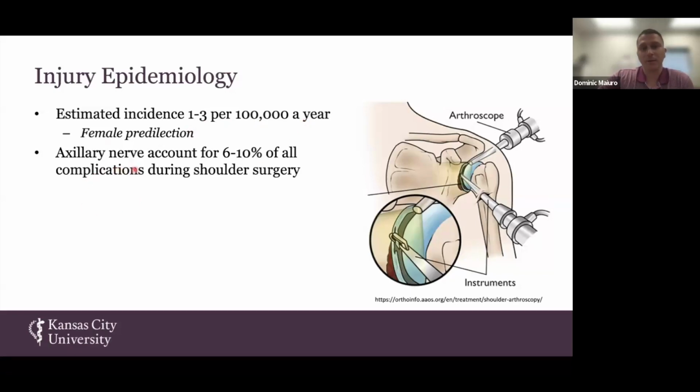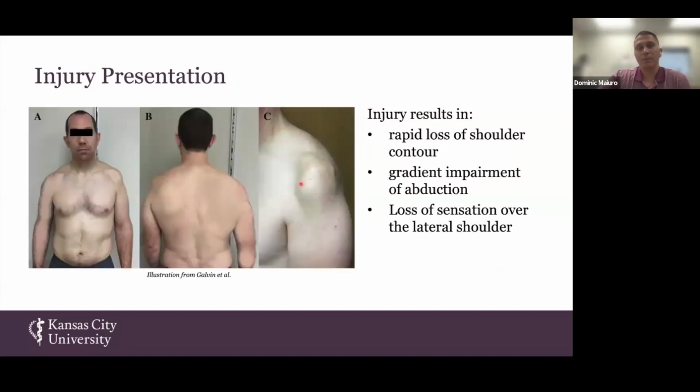Okay, and the axillary nerve accounts for 6 to 10% of all complications during a shoulder surgery, such as this one, or like an open or total. But this accounts for all types of shoulder surgeries in this number here. Okay. And so injury presentation after you were to injure something like that can present as a rapid loss of